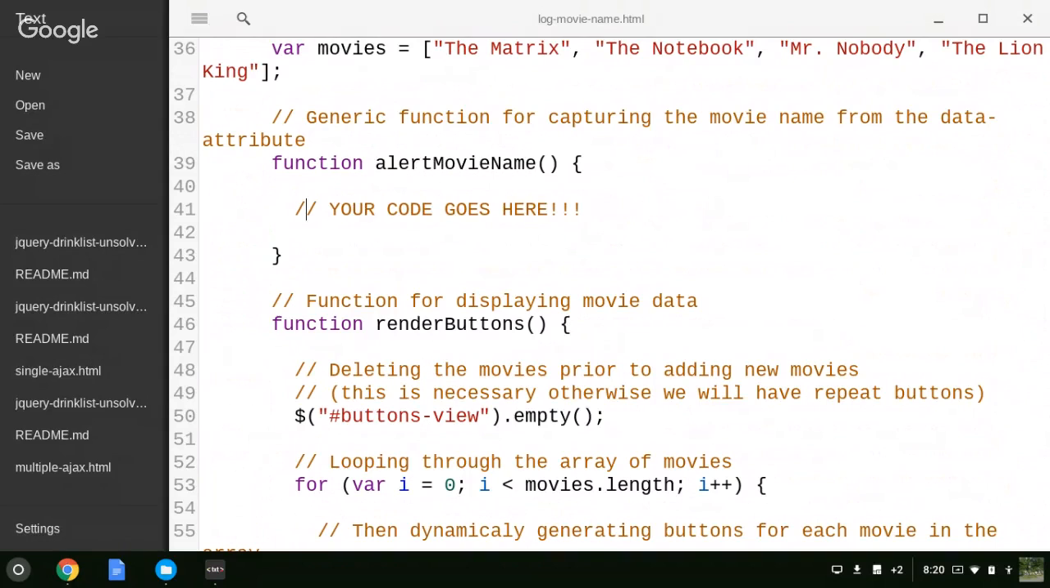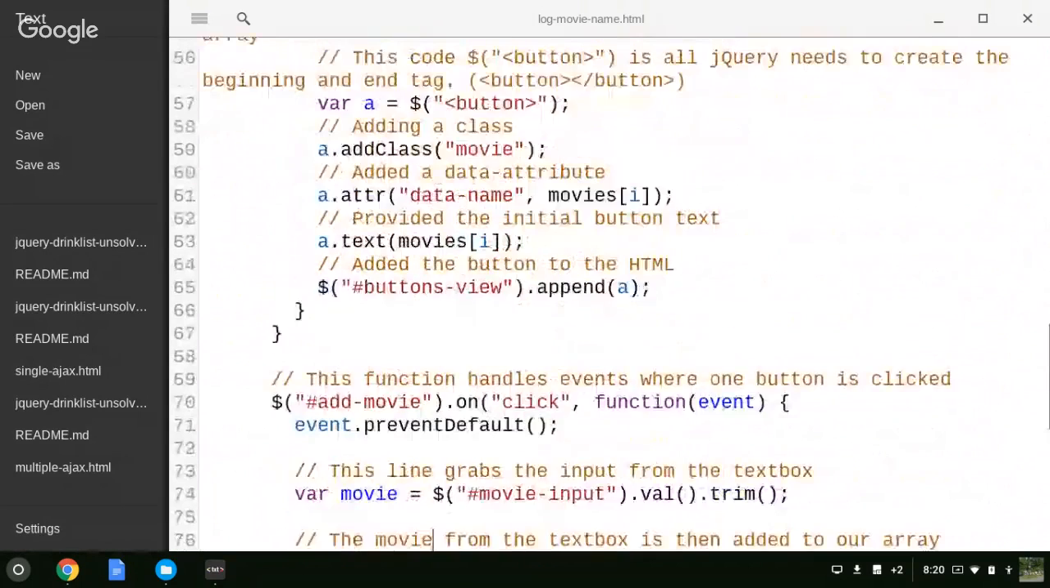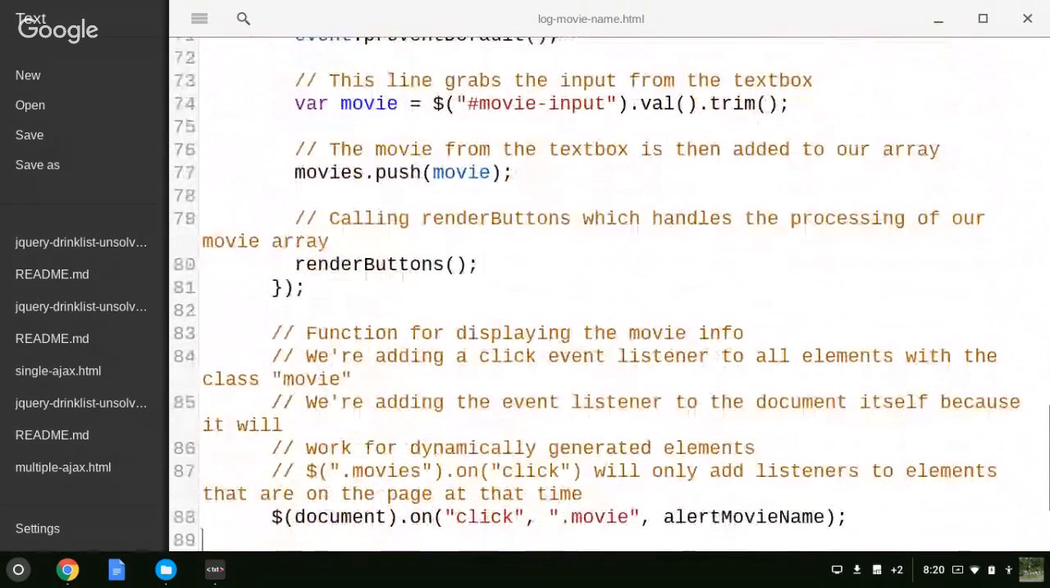So can you just search for it, Melvin? Do a find. It's on line 88. So line 88. We can see we're attaching a click event to any element that has a class of movie, and then we're calling our alert movie name function. So that tells us how we can use this. So now if we go back up to our alert movie name,